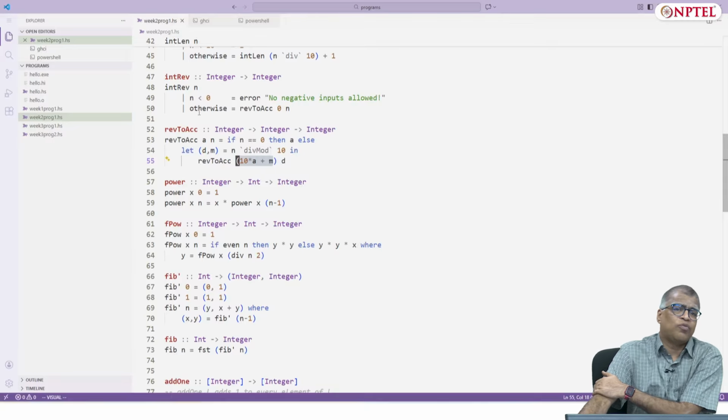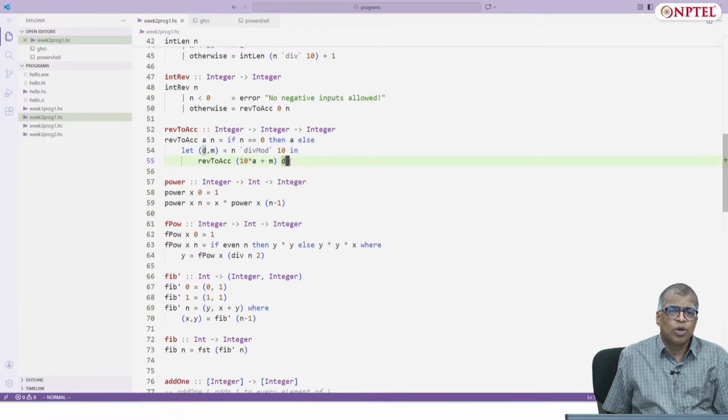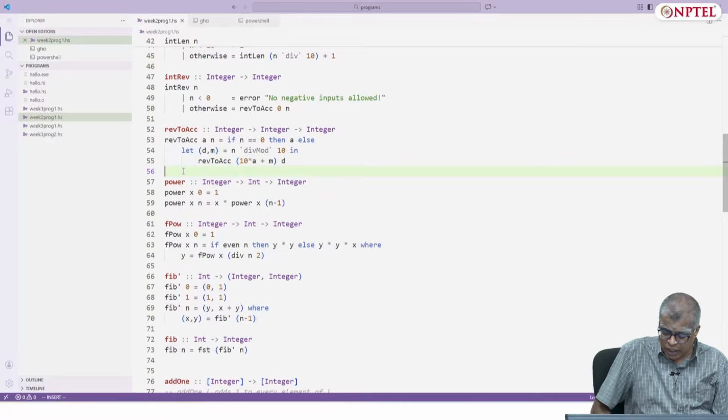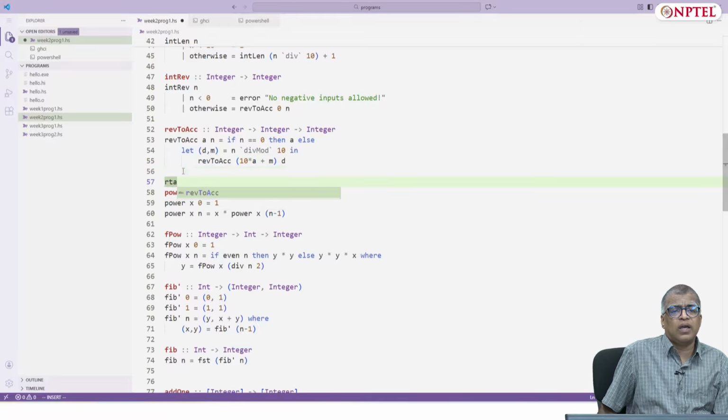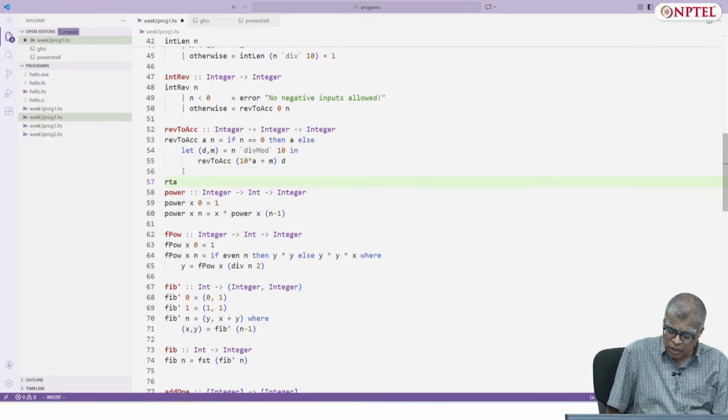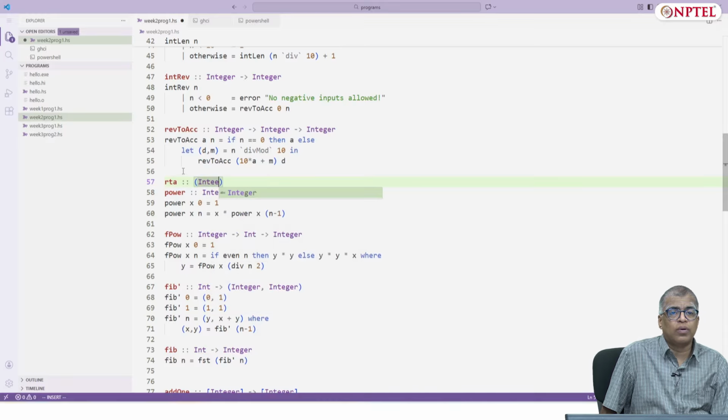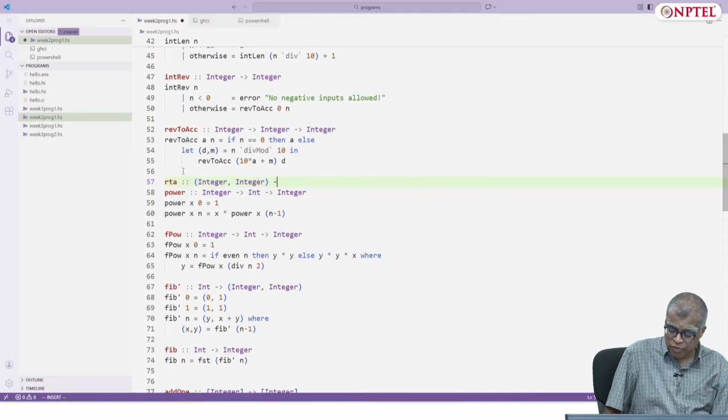And once again, if you want to have a clear idea of how this thing proceeds, you could do a trace for this. Let's actually write a program that traces this. RTA, I'll call for reverse to accumulator, and I'll assume for simplicity that we are given a pair of integers, and I'll produce a list of pairs of integers which will tell you the various recursive calls.